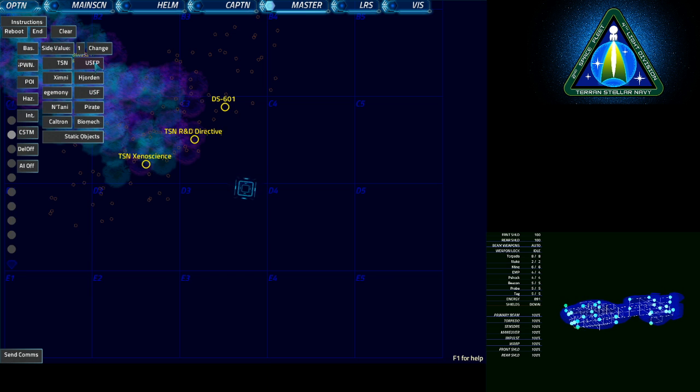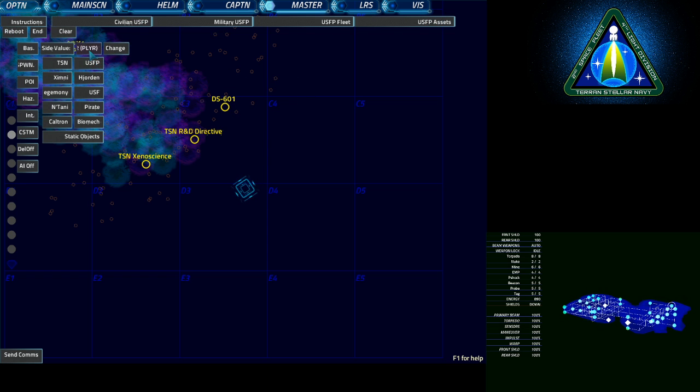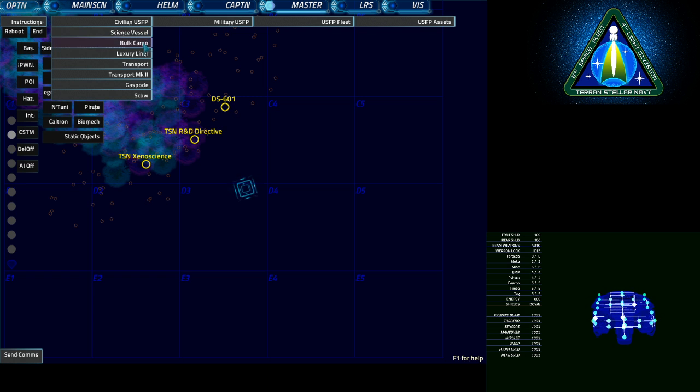Next, we've got the USFP. What I'm going to do now is just run through them instead of spawning them all, and I'll detail particular bits that come up. So the USFP menu, as I said, side value switches automatically to display side value. You've got civilian ships. These are all the ones without any kind of offensive capabilities. So you've got your science vessels, liners, an extra couple of transports and other civilian traffic that you might get